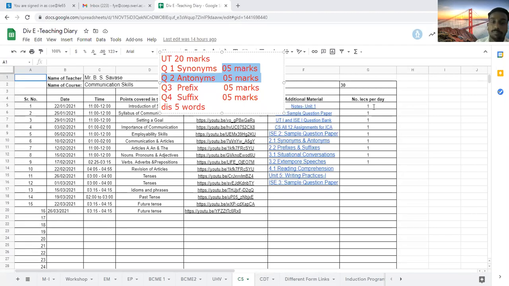If you attempt prefix and suffix and submit, you will see that it is showing wrong answers. Why is it showing wrong answers? Because for prefix and suffix there is no one correct answer and there is no answer key, so it will be shown wrong. So don't get confused or think that you have attempted all questions correctly, written all prefixes and suffixes correctly, but still it is showing wrong. Please take care of this.